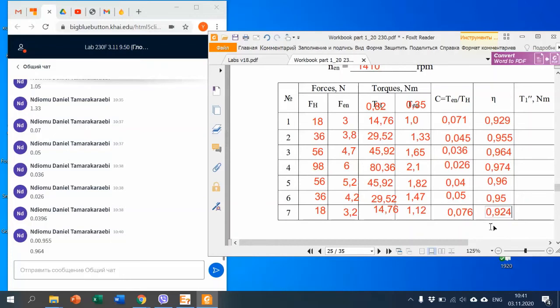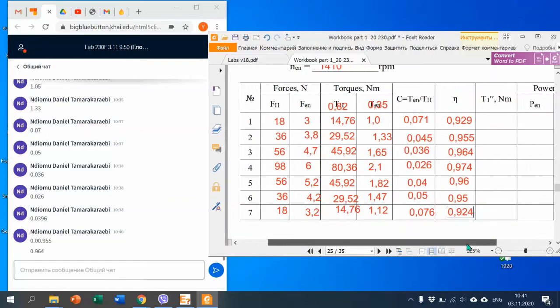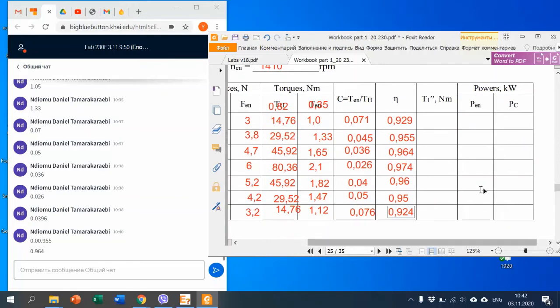Okay. So you see the efficiency first increases, after that decreases, and we have approximately 94, 96, 90, it's the mean value. But we draw a graph and we'll see how it changes. But before drawing, we need to calculate powers,